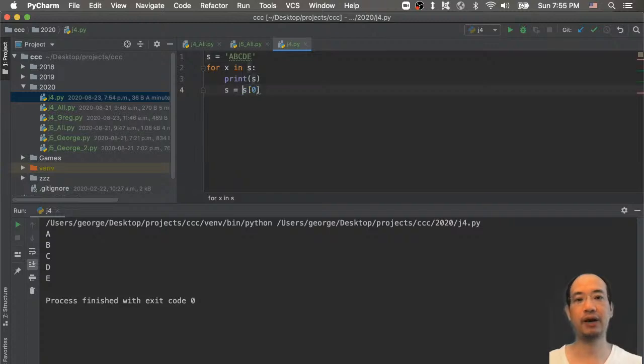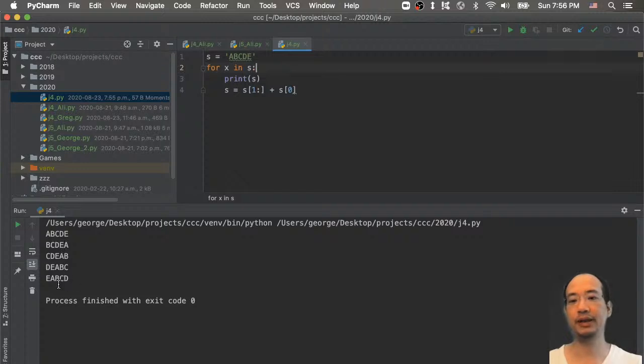Okay, so how am I going to do that? It's just like you slice from 1 to the end. If you don't get it, it starts from the index 1, which is 0, 1, from B to E, and now B to E plus A, and now you will have B, C, D, E, A. Okay, so what I'm going to do is just click run again, and now you should have all of them, A, B, C, D, E, and also